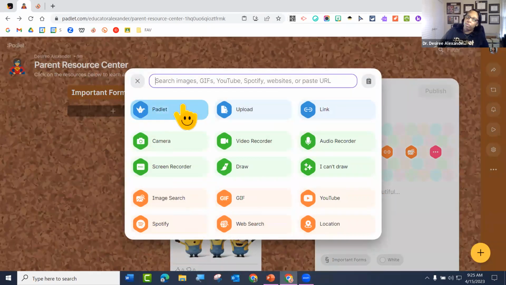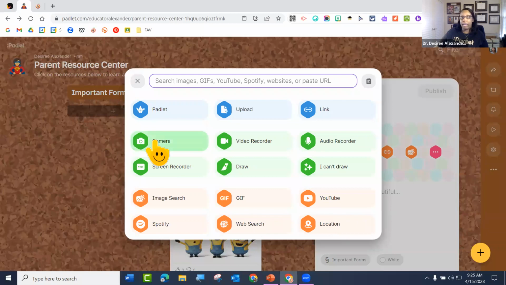So then you have, so those are your blue, and you see how they kind of put them in little colors. So this is like your documents. These are going to be more of your picture videos. And then this is going to be your other type of media.